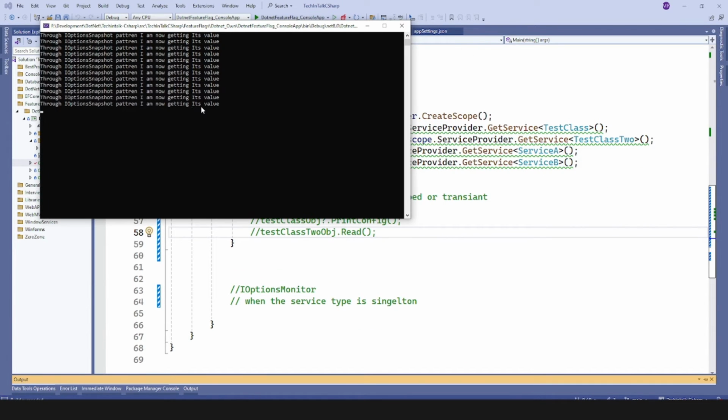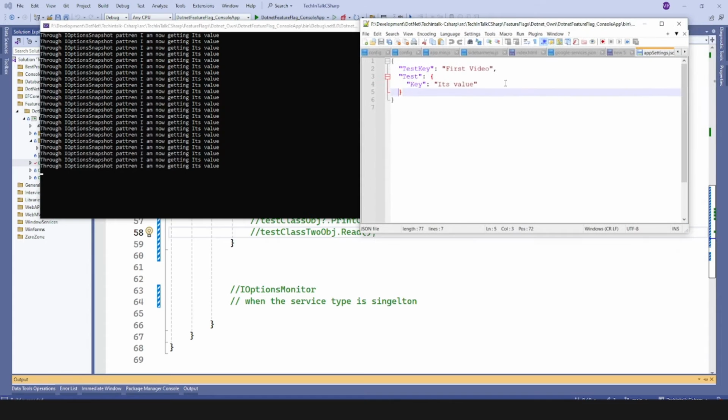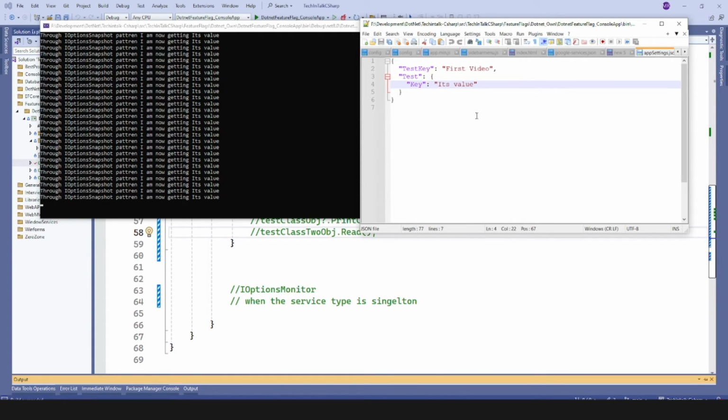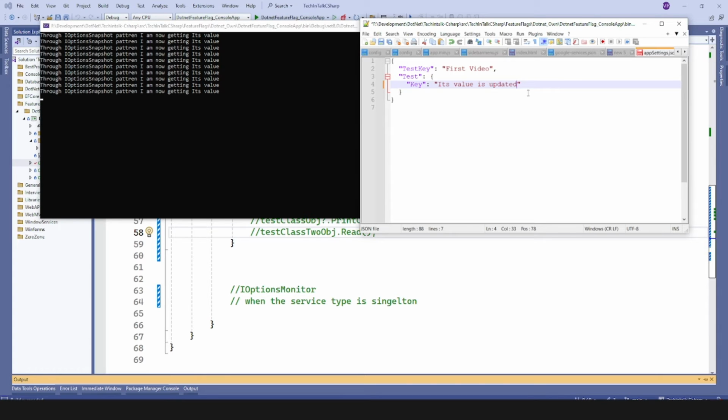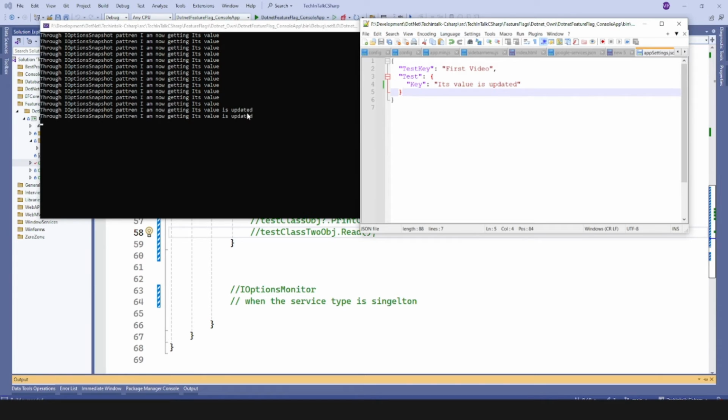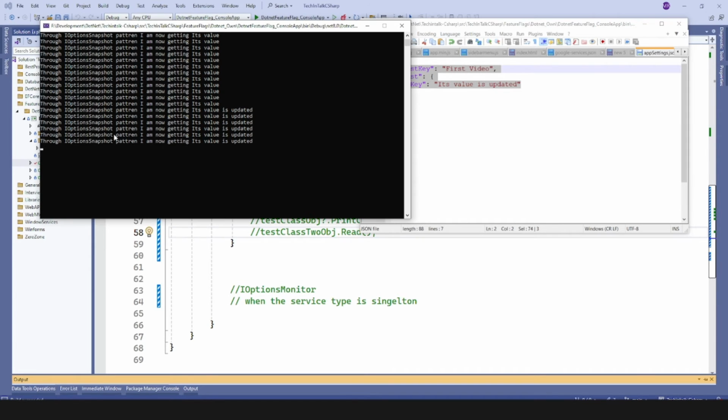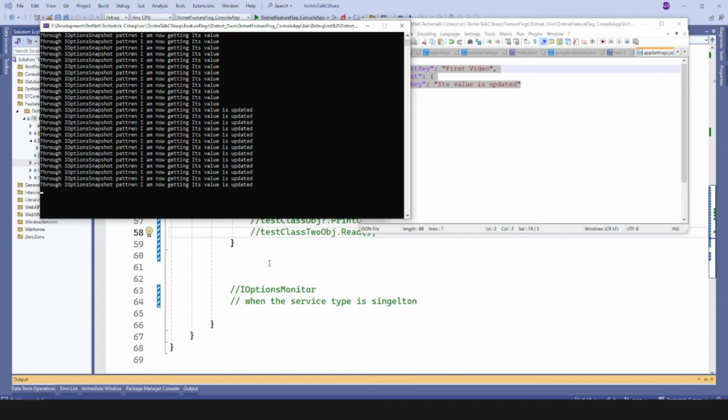So it's running now, and through the IOptions pattern, I am now getting its value, and we have that config file opened. So let me try to change it without restarting the program. Its value is updated, and let me scroll down a bit and press Control S. You can see as soon as I updated the file without restarting the program, now it's getting the latest value from that config. This is how the IOptionsSnapshot is used, where we don't want to restart our application and